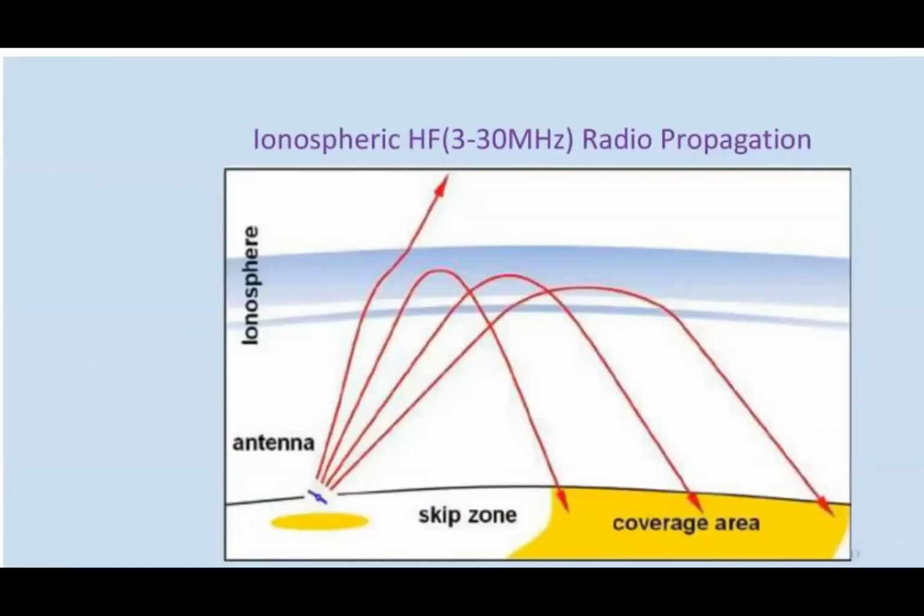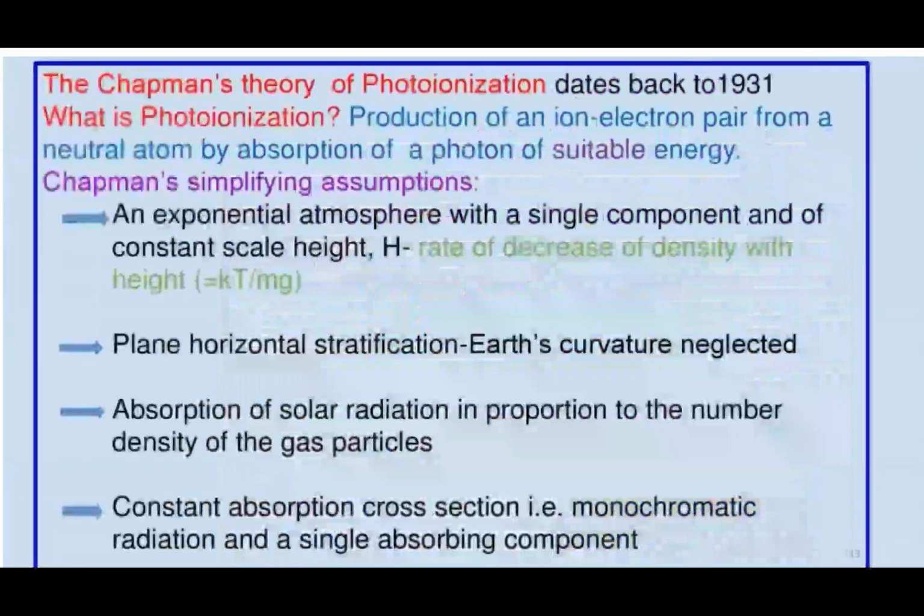However, there's a minimum distance called the skip zone here, into which no reflected wave from the ionosphere reaches. Therefore, communication over this range cannot be established by this mode, and therefore that region is called the skip zone. You have to skip that much distance for HF communication. So this is all by way of introduction of the ionosphere, and now